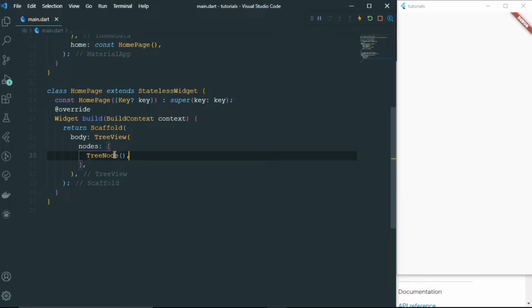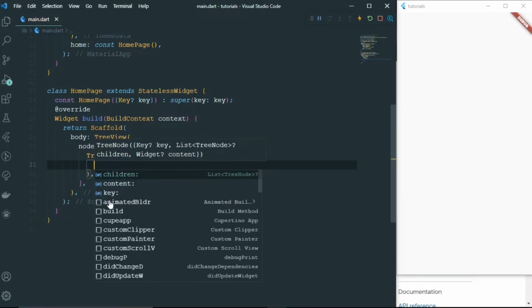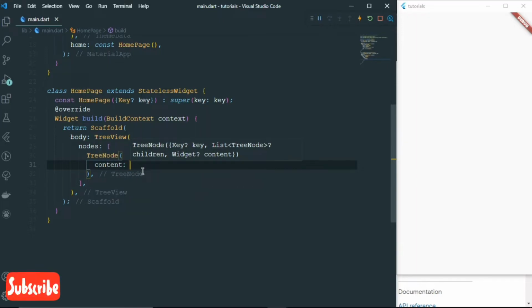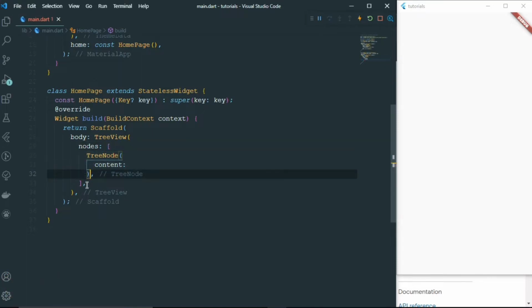and inside a tree node we can add the content and children, and if you want more hierarchy, then we can add children, and if we only want some content, then we can add content. So in this case, let's add content and children both, because this will be our root node, meaning the top level node. Inside the content you can add any widget, not only text. You can add any widget, but for now let's add text for simplicity, and let's add docs.